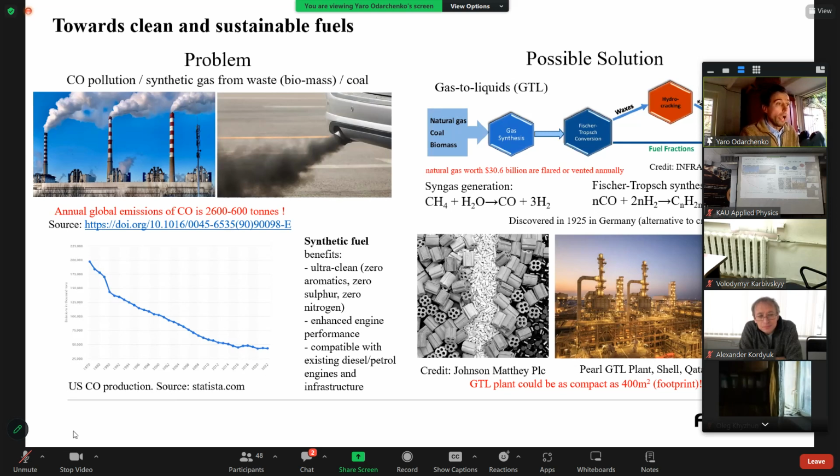It goes back to the Second World War, when Germany was struggling with access to crude oil and developed the Fischer-Tropsch synthesis, which essentially uses CO and hydrogen, syngas, to generate long-chain hydrocarbons. This could be used as a synthetic fuel,